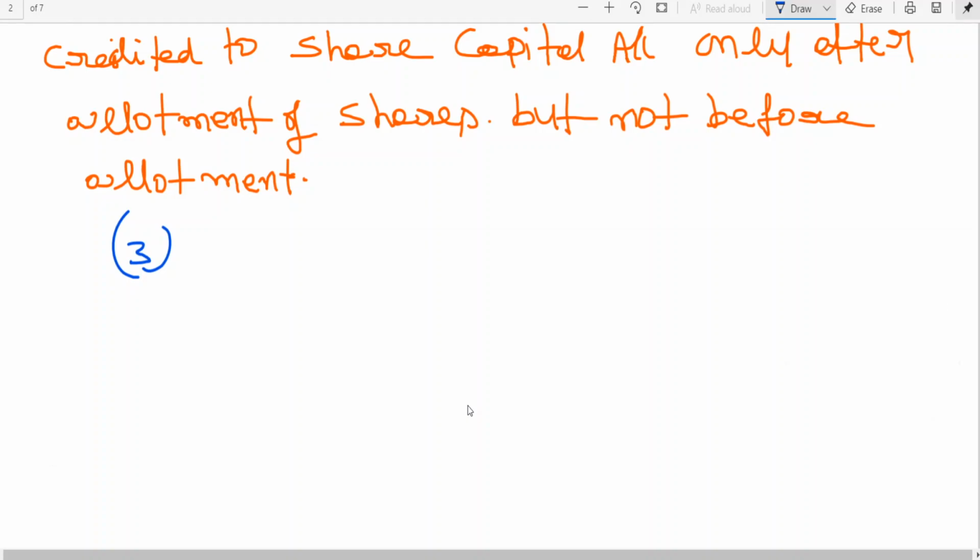See, allotment means like you are applying for a seat in a college, they'll be sending the allotment letter to you stating congratulations, you have been allotted a seat in so and so branch, so you are requested to make a payment on or before so and so date. Like they'll be sending a letter of allotment. Then after seeing that allotment, if you are interested in joining, you will be making payment. Similarly, when the company is allotting the shares, they know the amount that they are going to receive.